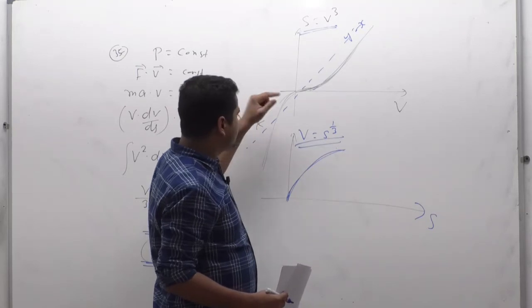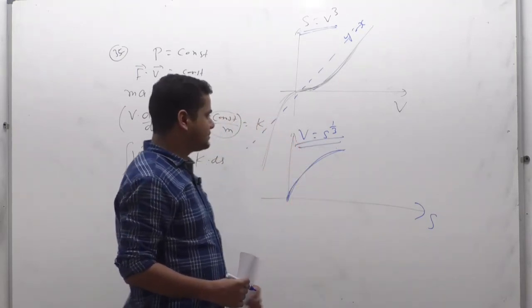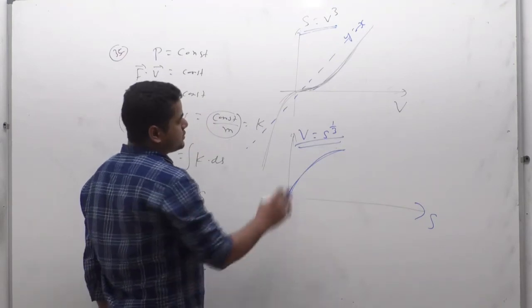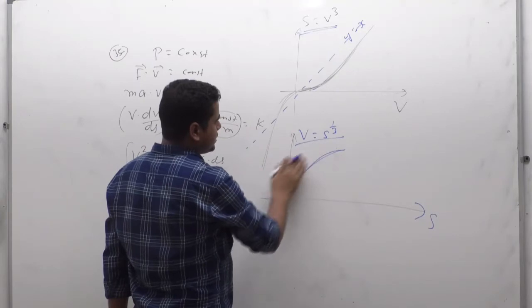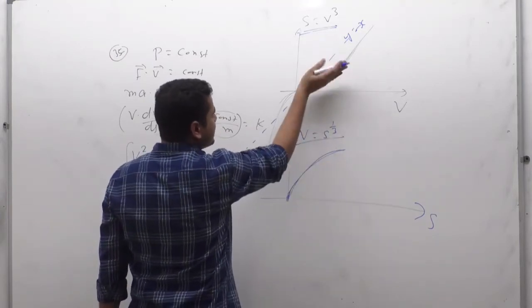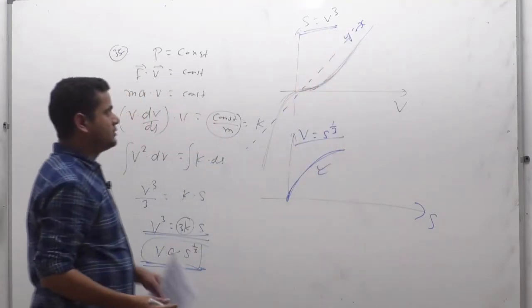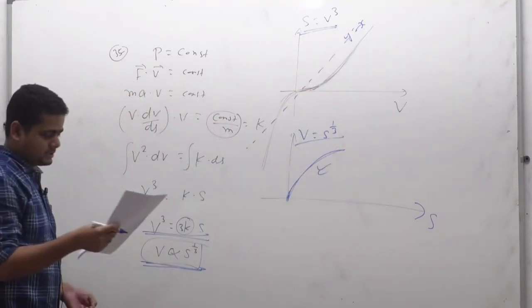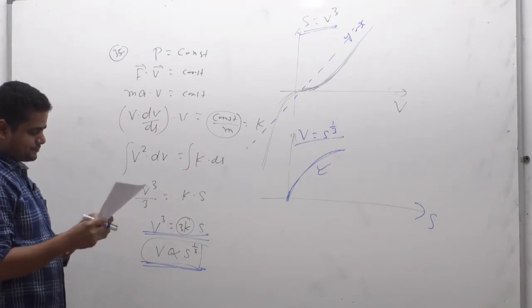And this is basically a reciprocal, inverse function, you can say. So velocity is the inverse of displacement, the inverse of this one. For an inverse function, we have to take the images of this one about this axis, so the graph will be shifted like this. That is the graph which is formed at that particular point, which is matching with option B. So option B is the correct one.